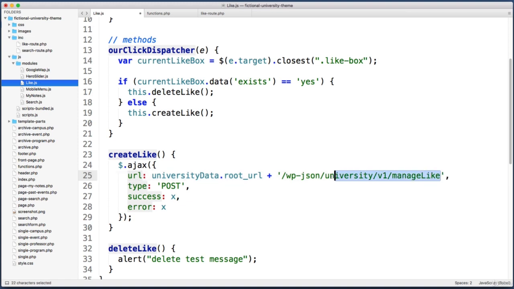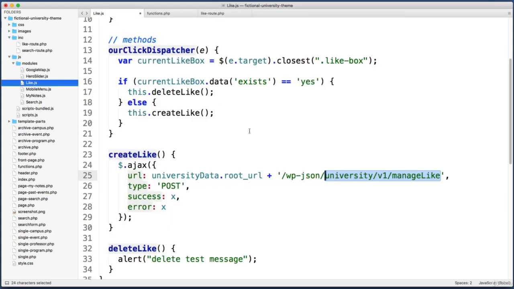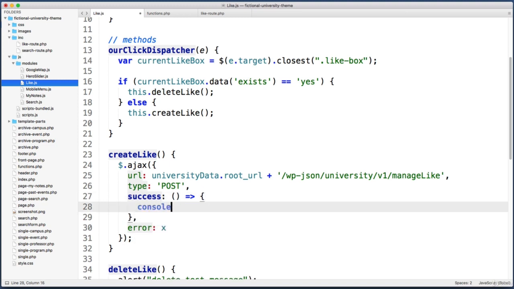Okay, so just make sure that this part that I'm highlighting matches the name that you used back in our new PHP file, right? You want it to match this. Okay, so back in our JavaScript, let's provide success and error functions. So if our request is successful, let's just provide an ES6 arrow function. And within the curly brackets or body of the function, let's just say console.log response, whatever the WordPress server responds